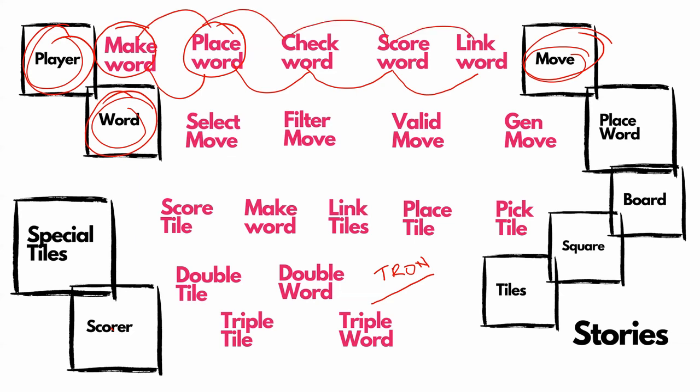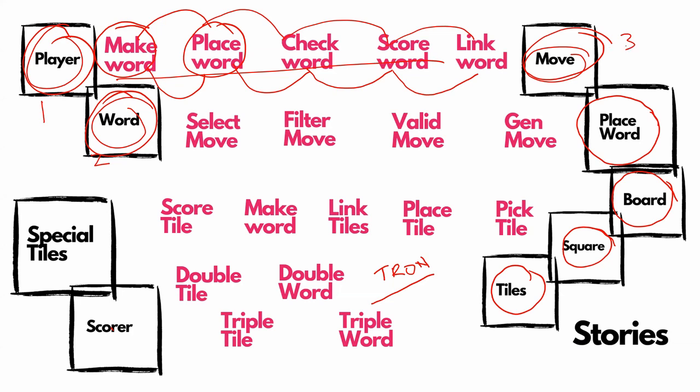So far so good. Now when you play the move, how does the move work? The move works by first making this word, which is this piece, and then using this function called place word to place that word. Where do you place the word? You place the word on the board. And what is the board? The board is a collection of squares and tiles. So right now we just started with one character, which is player and word. So two characters. And our story started with another character, which was third. So two characters, players and word engaging with a move. But then very quickly we've added a fourth character and a fifth character and a sixth character and a seventh character.